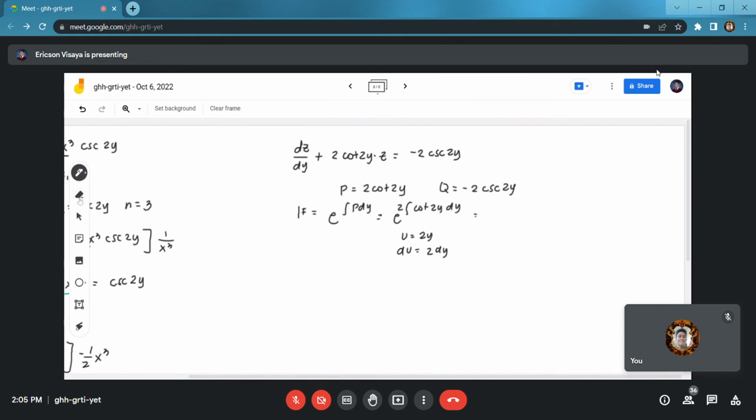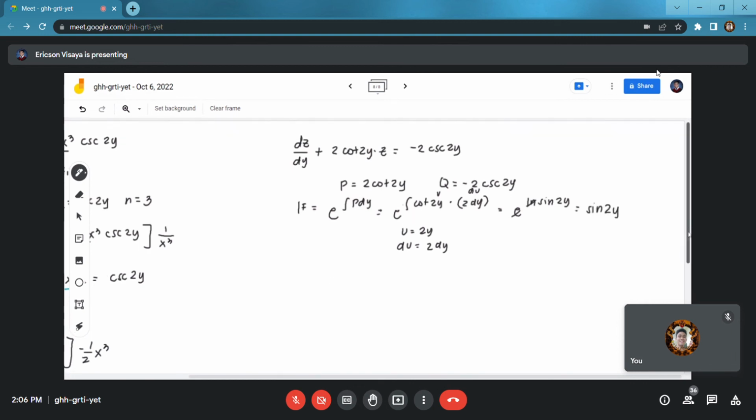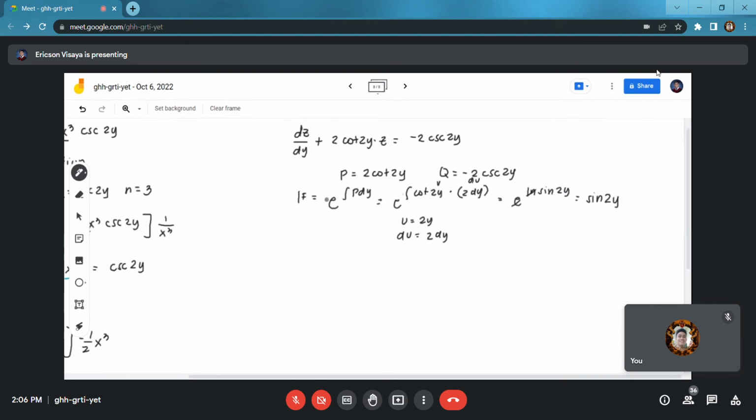Bali, ayusin na lang natin ito. Cotangent 2y times 2 dy, e raised to the integral of cotangent 2y times 2 dy, that is ln sine 2y. Then to cancel. So, magiging sine 2y. So, meron na tayong integrating factor. Pagkatapos natin ng integrating factor, ayusin na natin. So, meron tayo dito ngayong